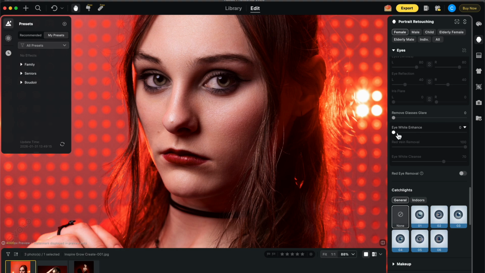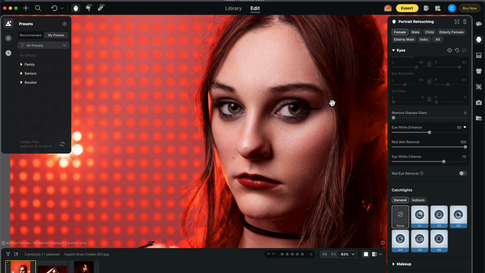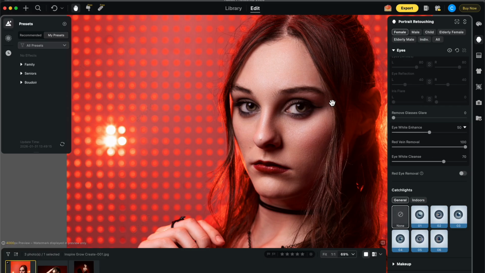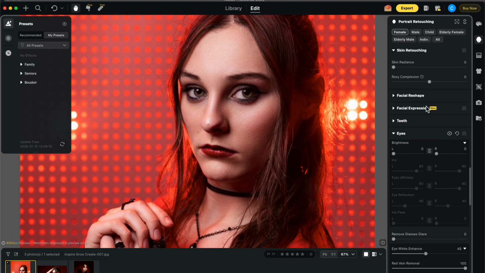So right now we've got our eye white enhancement. I'm under the portrait retouching module, and we are going to eye white enhance. I'm going to go to the extreme just to show you how white it goes. That obviously is kind of cartoonish. So I'm going to bring it down and make it a little bit more realistic. Before and after. Maybe a little too far. I'm going to bring it down a little bit more. And then I am going to look at